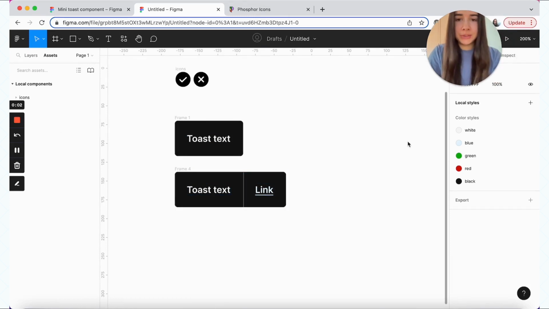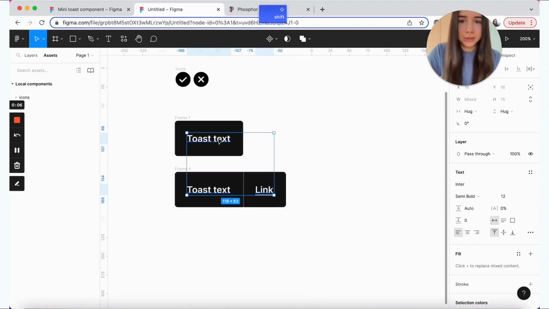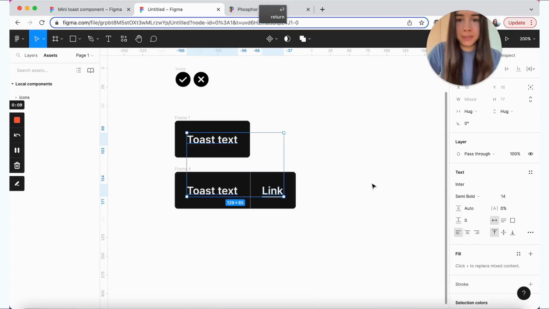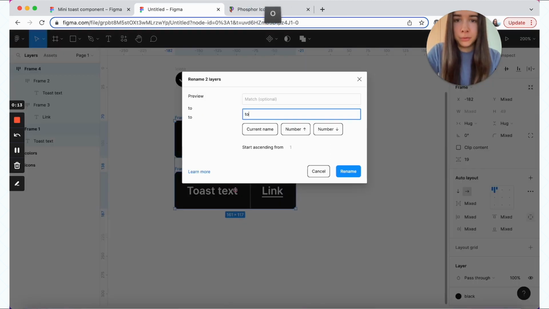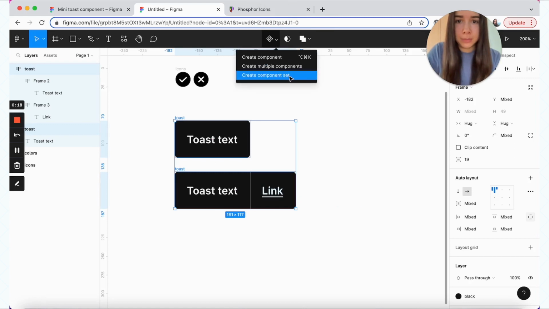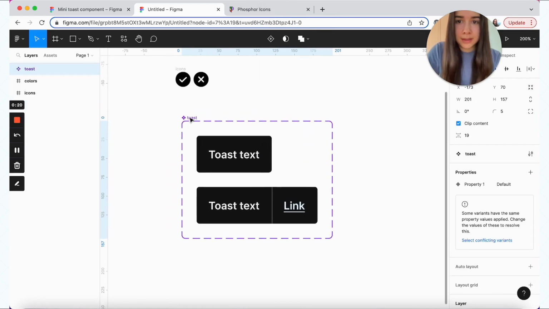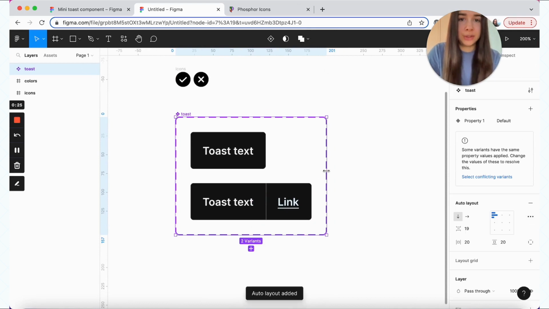Now we can turn these 2 into components, but before I do that, I'm actually going to update the text to 14 pixels instead of 12. And now we can remove both of these to toast, and we'll create a component set. And one thing that I always like to do is to add auto layout on the actual component set.